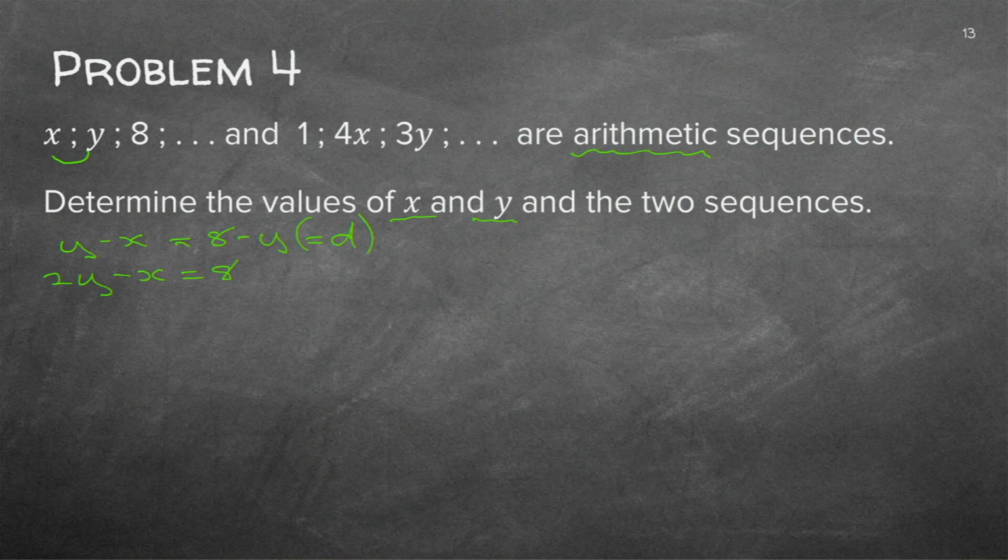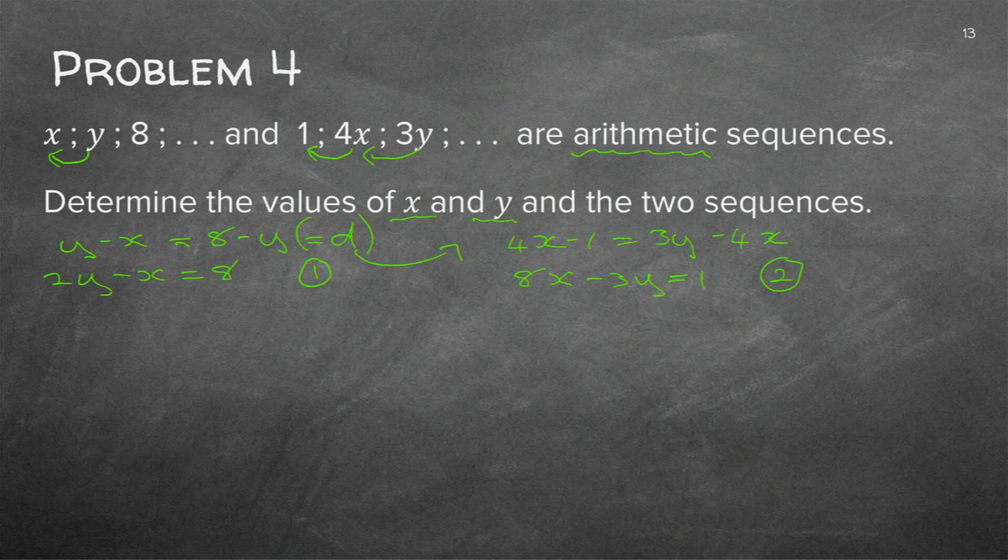If I look at the other one, I'm still going to do the D, right-hand side minus left-hand side, there. Let's do the arrow so you know it's in that direction. And again, right-hand side minus left-hand side. And that gives me an equation, and that is my common difference. I know it's supposed to be the same. I'm going to take the x's over to the same side, so it's 8x, and I'm going to make minus 3y is equal to 1. So there I've got equation 1, there I've got equation 2.